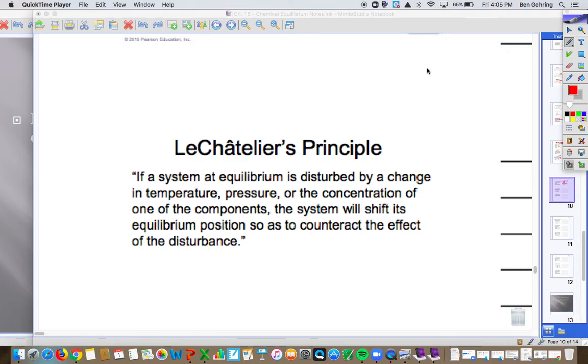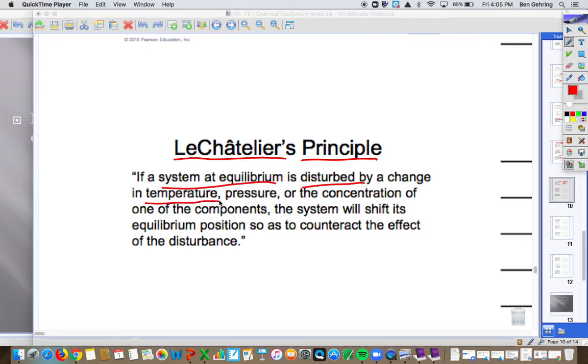Hello, and thank you for joining me today as we finish up chapter 15, talking about chemical equilibrium. We're going to talk about Le Chatelier's principle today and how equilibrium shifts when reactions are changed after they've already reached equilibrium. So, for starters, Le Chatelier's principle states in words,